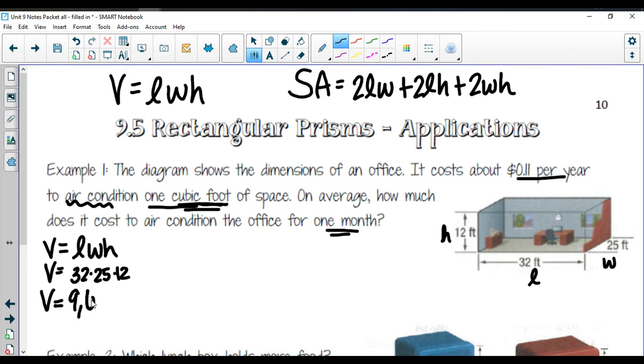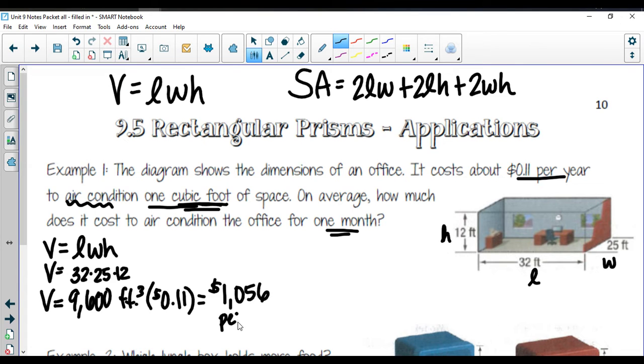9,600 cubic feet here of space that we're actually trying to air condition. So it's 11 cents per year for 1 cubic foot. So we have 9,600. So we're going to take this and we're going to multiply it by 11 cents first. And that's going to give us a cost of